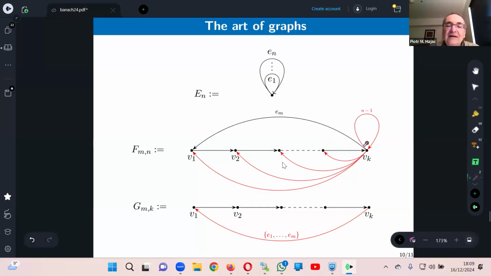Okay, and now the problem is, how about the other edges? Well, we have to map them to paths. So when you take, say, edges going from Vk to V1, no problem, because we have plenty of edges going from Vk to V1. But now when I look at edges going from Vk to V2, well, it's a problem, because I don't have any edges here going from Vk to V2, but no problem, because I have paths going from Vk to V2. So I just take edges, and then I compose it with this edge.